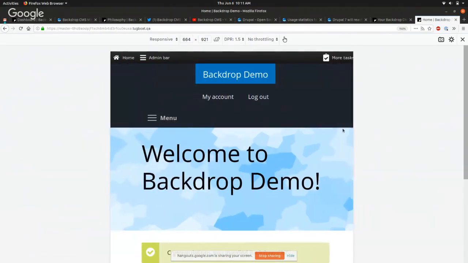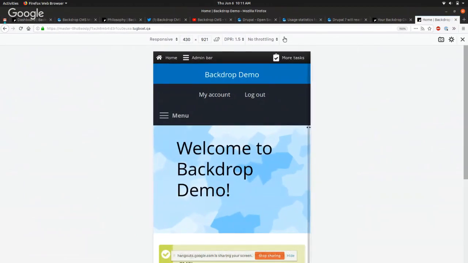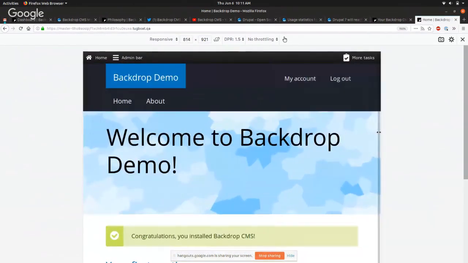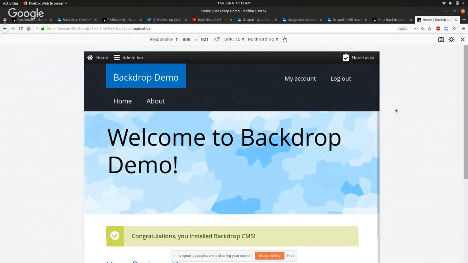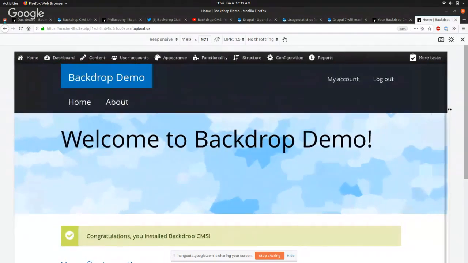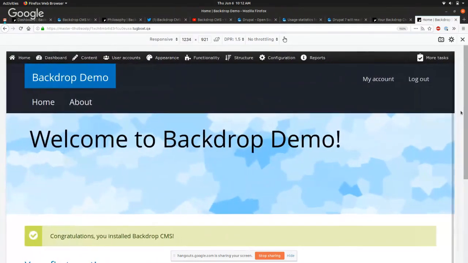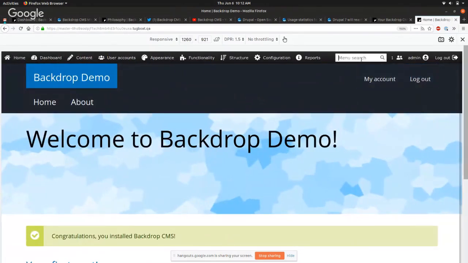So lots of things that you don't get with Drupal 7. In the Drupal 7 world, just out of the box, things are responsive. They're touch friendly. Also, the administration bar is a port of admin menu. It's not a reworking like the toolbar module is in Drupal 8, but as you can see, it's responsive, and